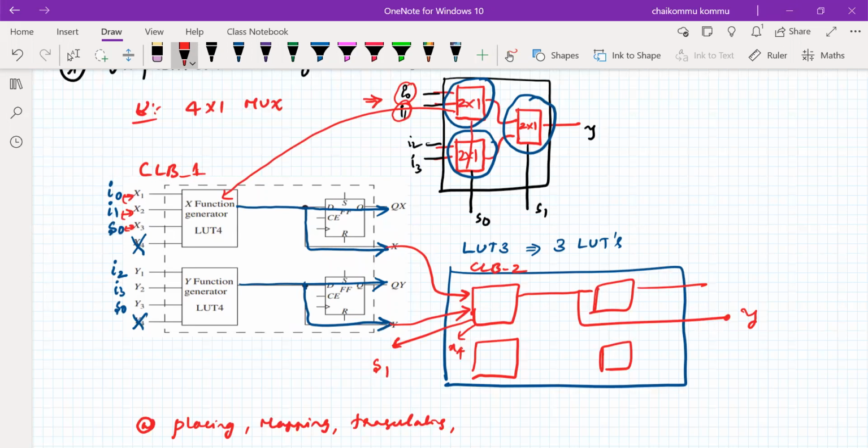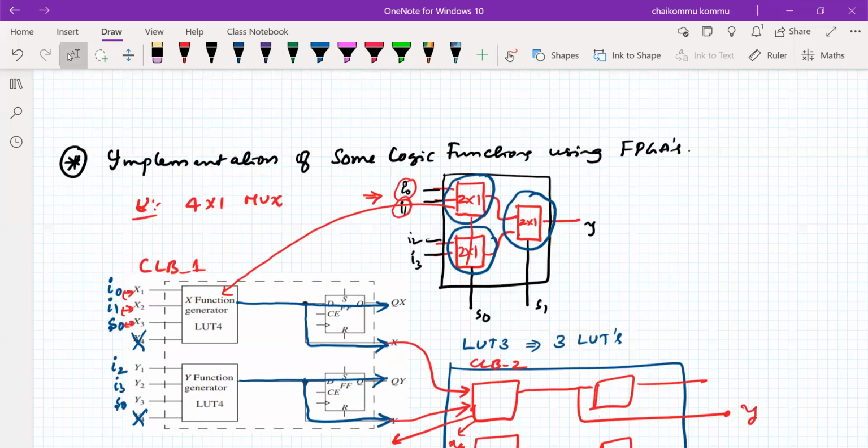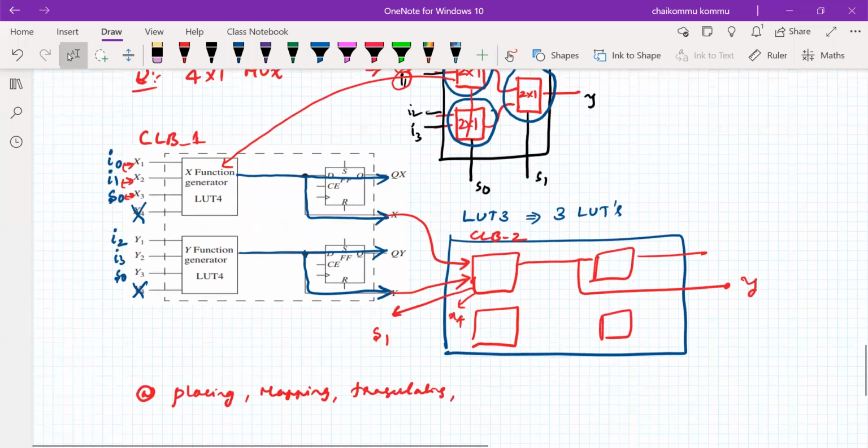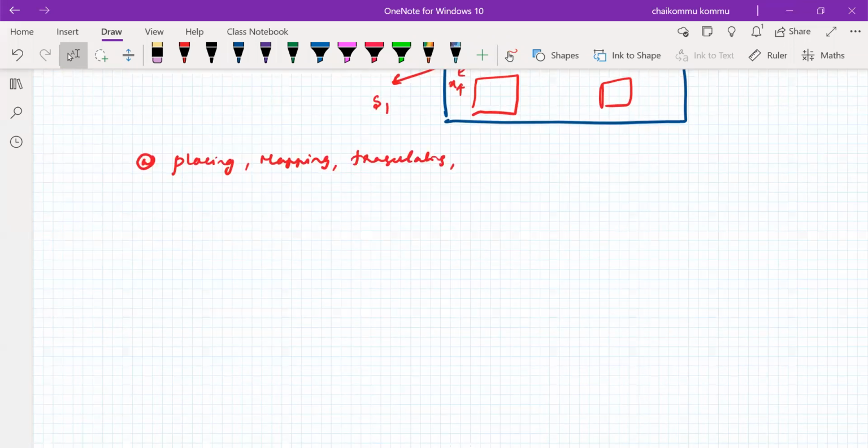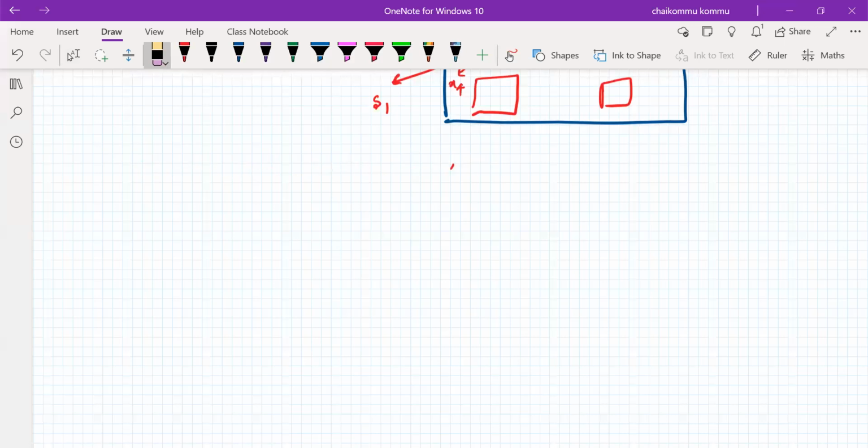So the implementation of any logic function I have shown here in this method, that we can do it here. Clear? So for simplicity, I'm going to show you in a systematic manner the same kind of information with the help of the available logic diagram. For more clarity, I'm showing that one. Please wait. So copy and then paste here.